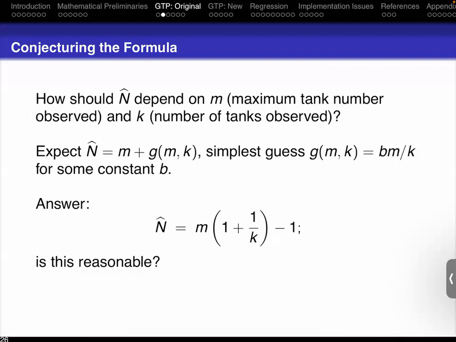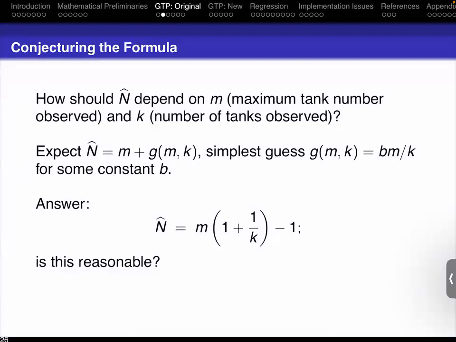So we just did the case when k equals 1. That's one extreme. What's the other extreme for k? What's the largest k could be? n, right? Imagine you observe every tank. Well, if k equals n, if you observe every tank, what will your largest serial number be? The tanks are numbered 1 through n. We observe n tanks, so it has to be n.